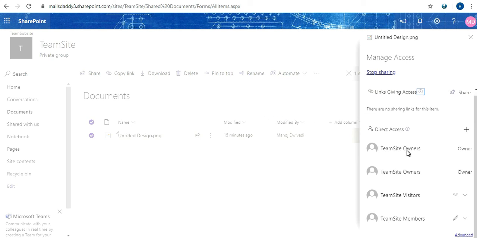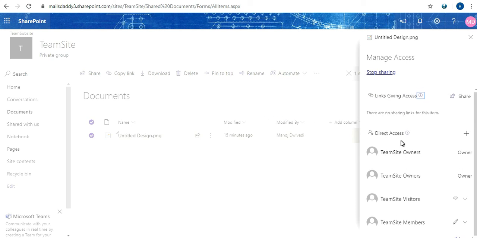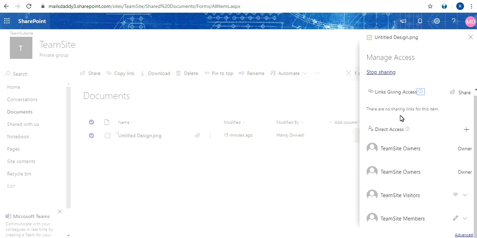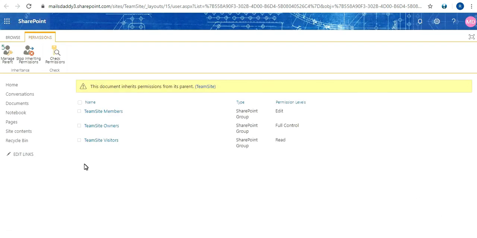Then you will need to click on this advanced tab. And now see, the document inherits permissions from its parent. So if someone has permissions to view or edit in team site, then he can view and edit in document library items also.